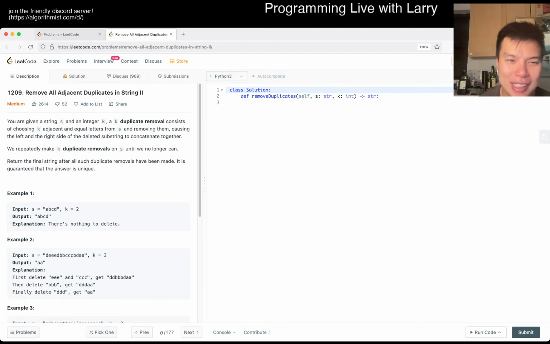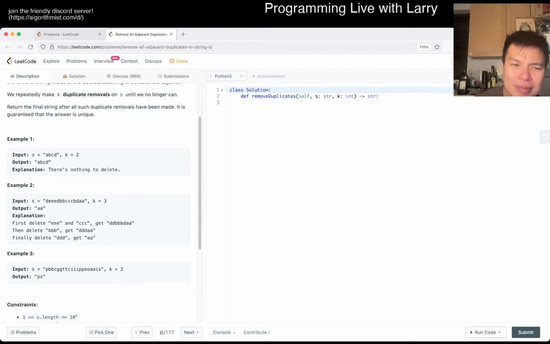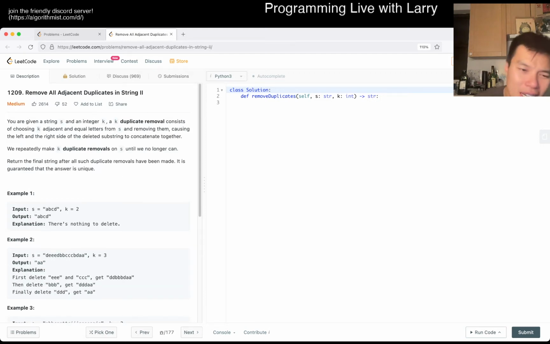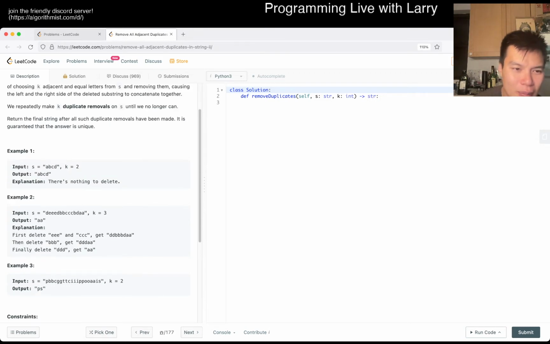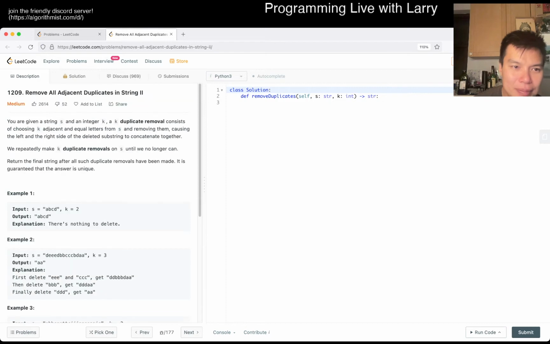Anyway, today's problem is, so let's get to it fast. 1209, Remove All Adjacent Duplicates in String II. So you're given S and K, and you remove K adjacent equal characters, causing the left and the right to concatenate together. Okay, so this is going to be a stack problem, maybe a two-pointer problem, we could call it that. I'm going to do it with a stack. The idea is that